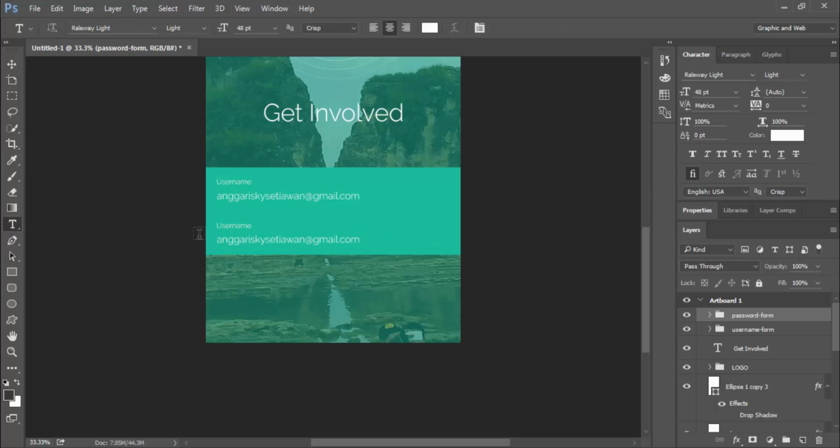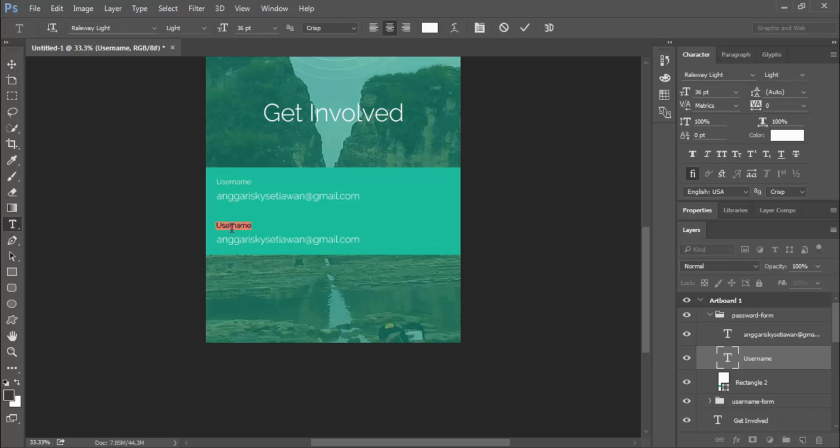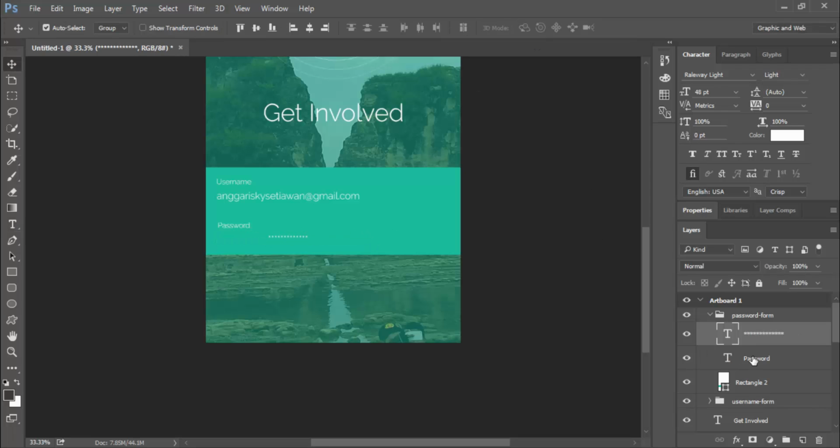And now we can change it. The text is password, and for your password you can use stars like this, and I will make it centered.